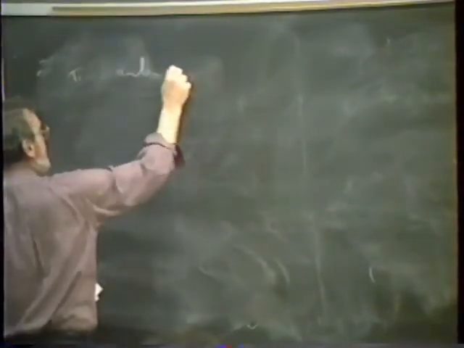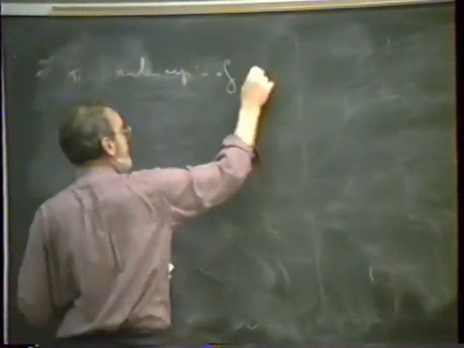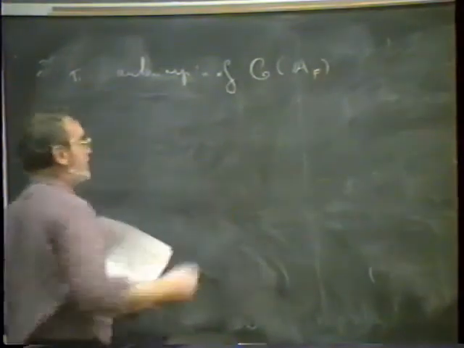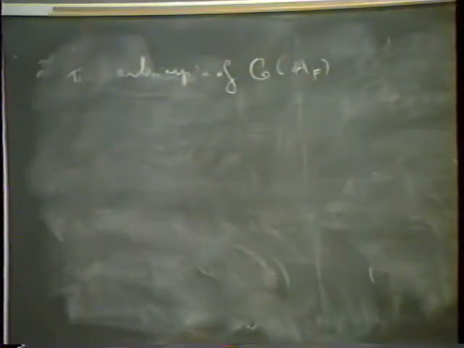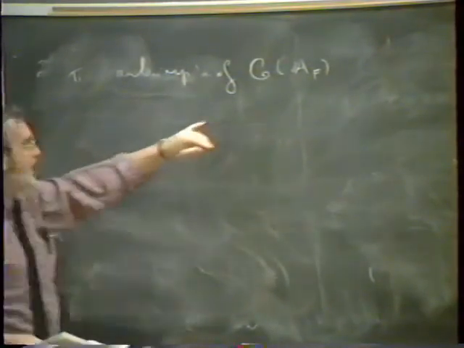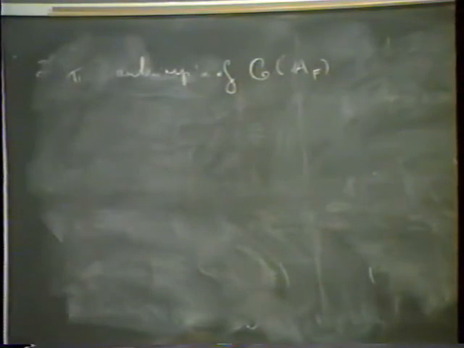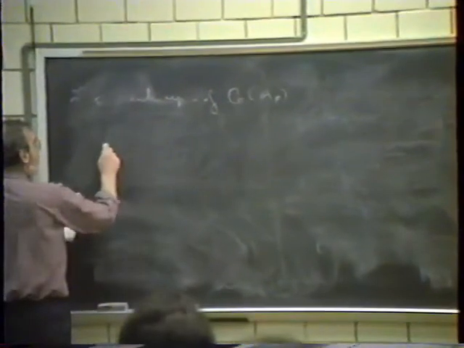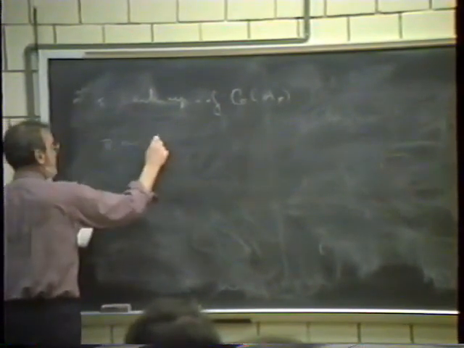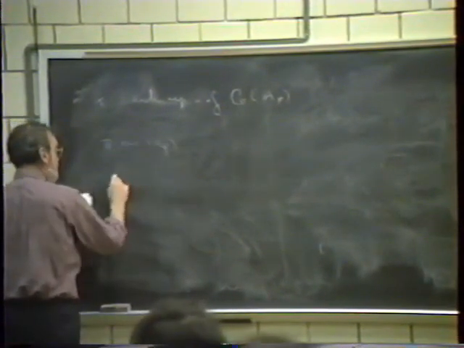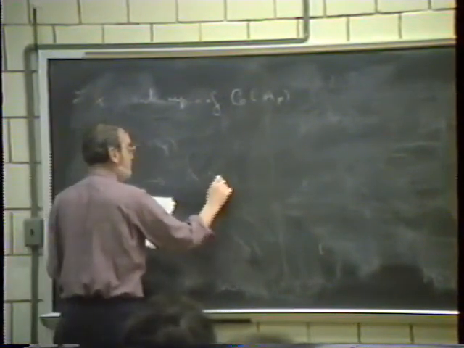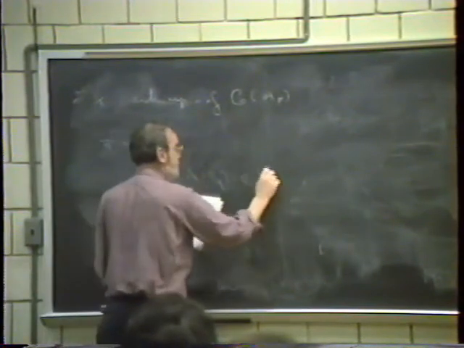Whenever I have pi, which is an automorphic representation of the group G over A_F, and this is a harder object to deal with than an automorphic representation of GLN because there's no underlying linear space, then pi is associated to the local representations, and associated to pi_p is a conjugacy class